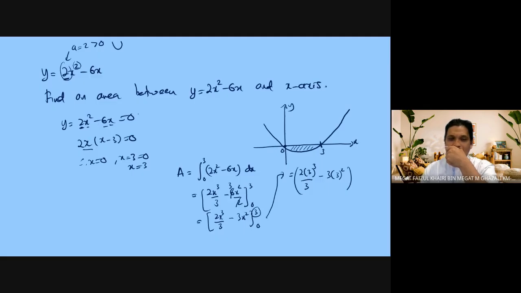Substitute x equal to 0 here, we get 0. So 3 cubed, 27. 27 divided by 3 equal to 9. 9 times 2 equal to 18 minus